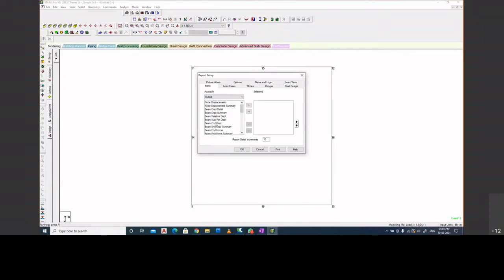These are all results. I am interested in a result which would give me the maximum versus section property. Let me just check which one it is.